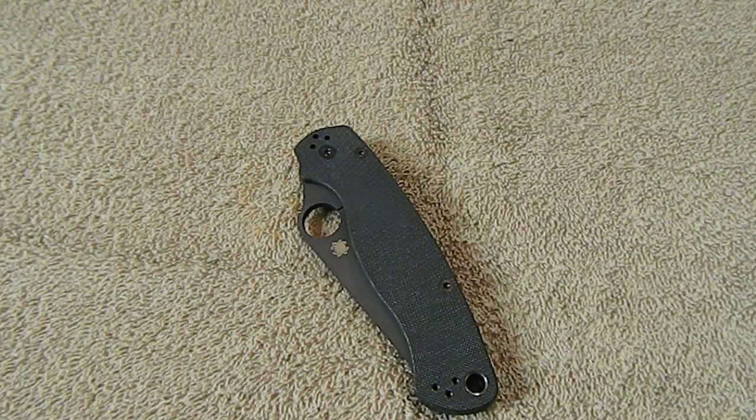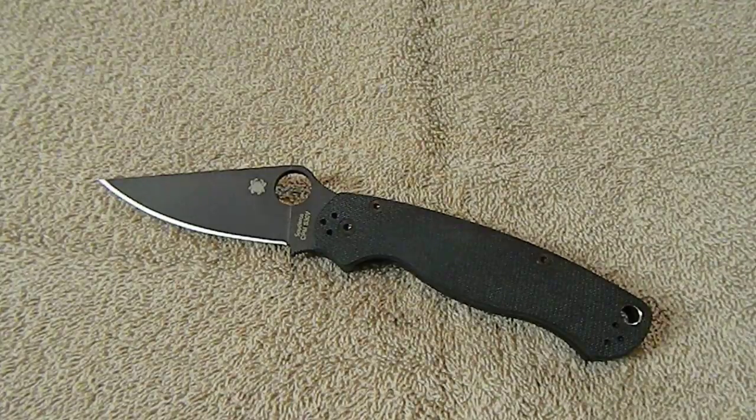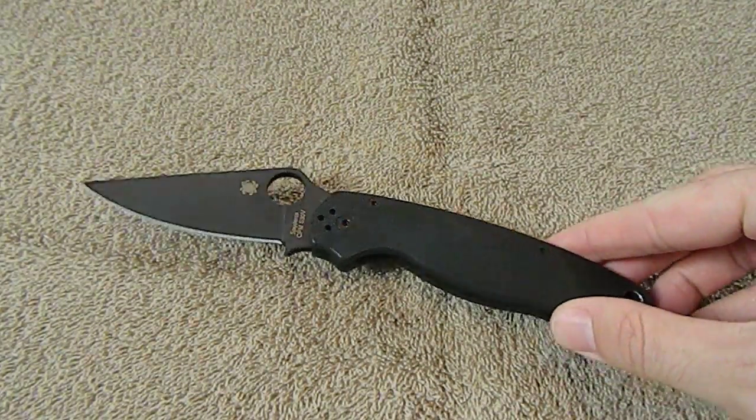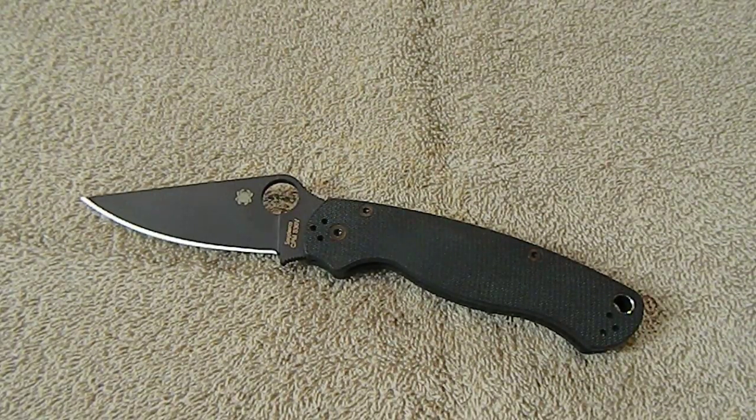One of the last things that I have an issue with is the weight and size for being an EDC knife. Why isn't it a fixed blade? So this weighs, I think it's 3.7 ounces is what I read, 3.7 ounces, something like that. For 3.7 ounces,